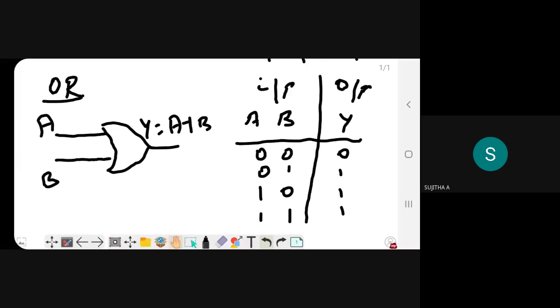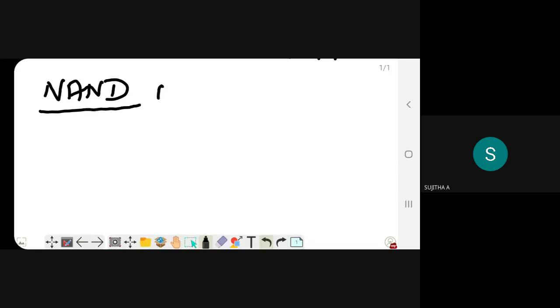Next we are going to see the NAND gate. The NAND gate is nothing but the combination of the AND gate and the NOT gate.